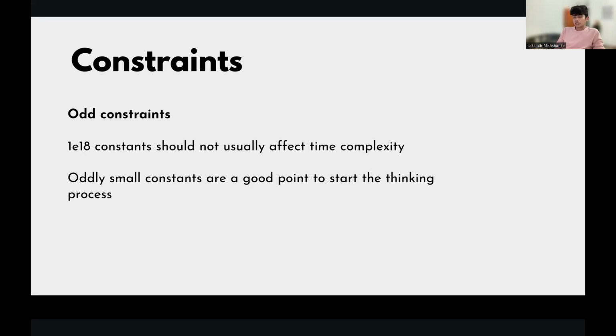This small constants thing does not really matter in very easy problems, because in very easy problems, they provide a very small constant for everyone to write a solution. So if the problem statement is very easy, you can ignore these odd constants. If not, and if you're thinking about a solution and you are stuck, maybe think about why these odd constraints matter.